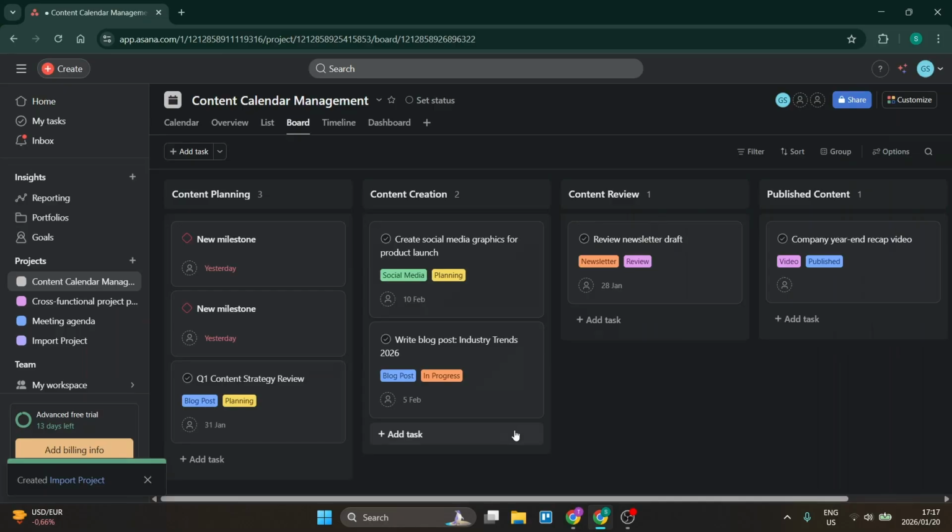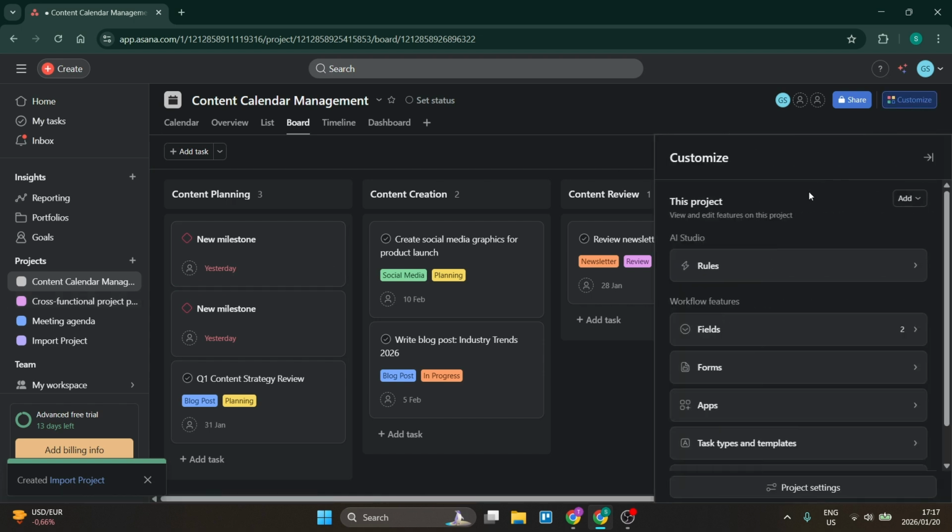Today I'm going to show you how to use forms in Asana. Alright, so we're going to use the forms option in Asana. Get yourself into a project over here, go up to the top right hand side, click on customize, and here